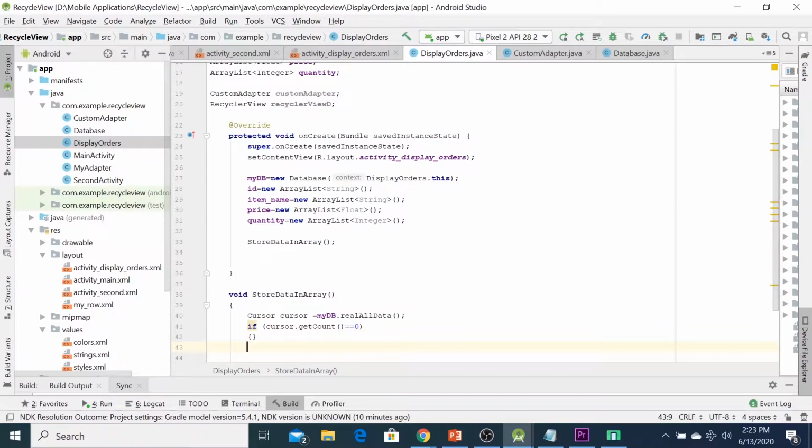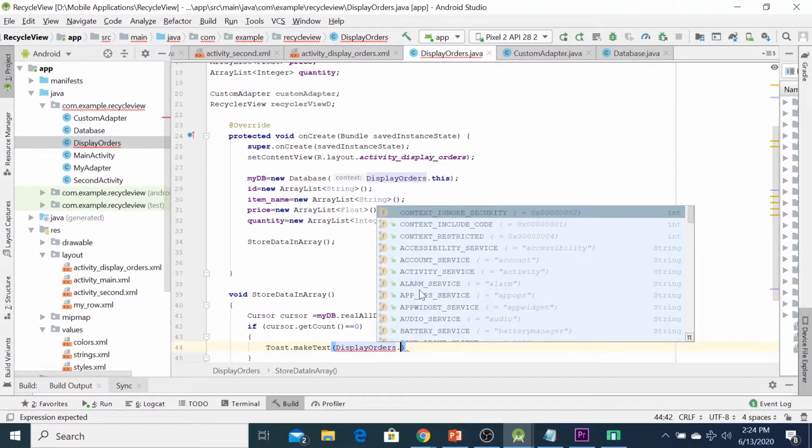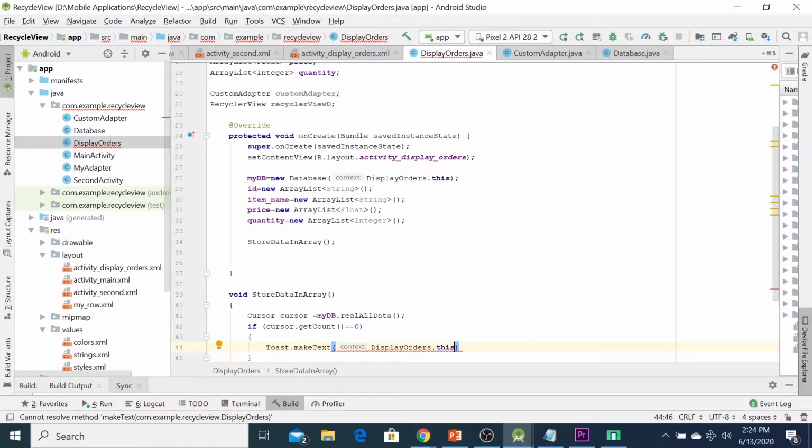It means that in our database we don't have any data. So let's pop up a message. We are going to use a toast. Toast makeText. You can type DisplayOrder dot this. We are going to display in this class. You can type here: there is no data.